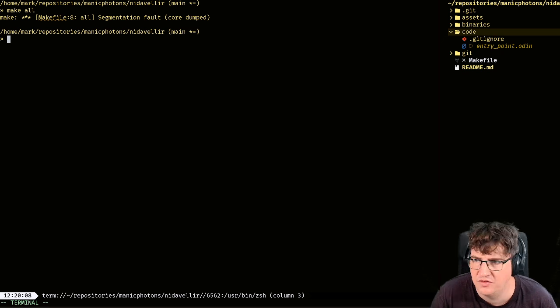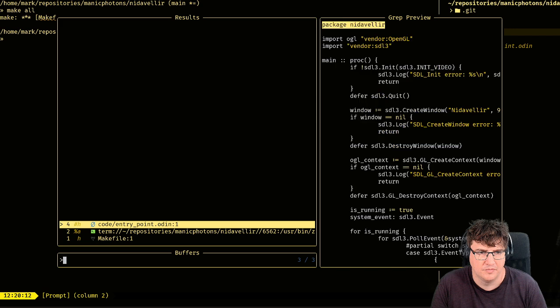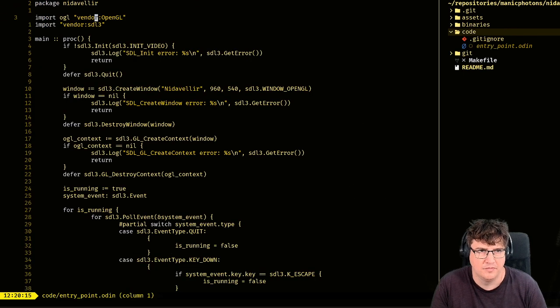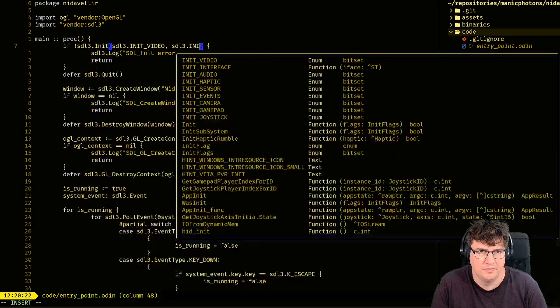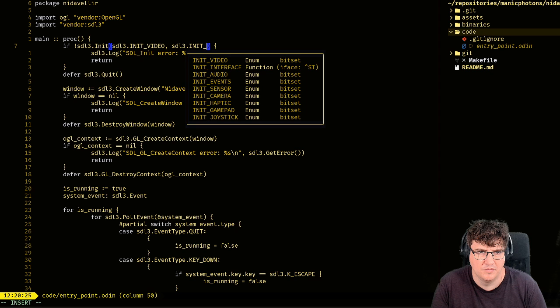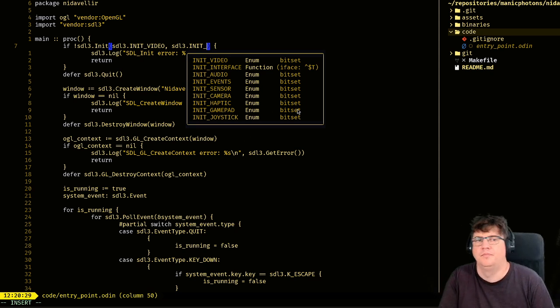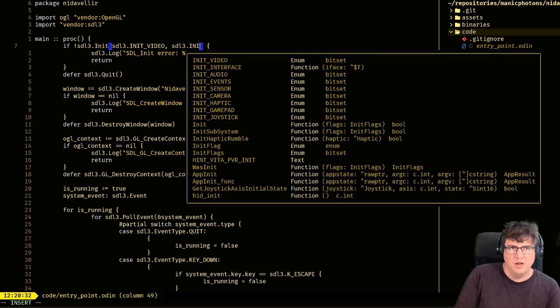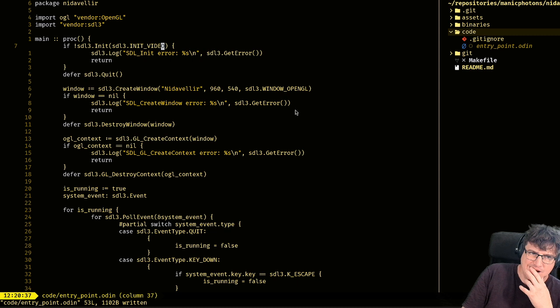Segfault. Interesting. Okay. Where is the segfault happening?